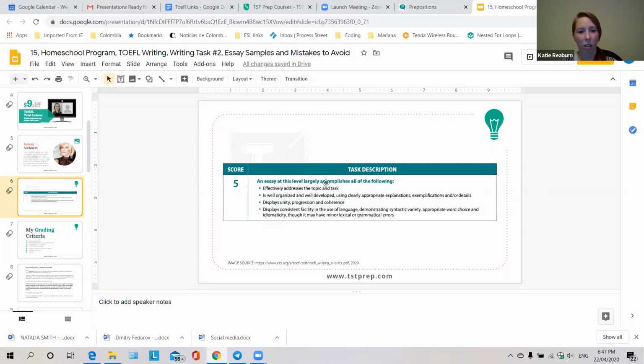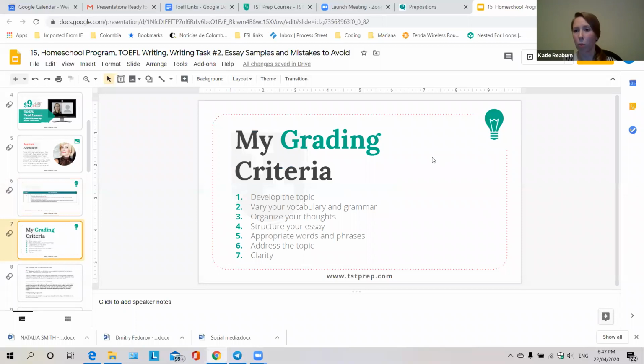So instead of trying to look through this, it's a good idea to have something a bit more easy to work through. Our grading criteria, this is numbered. Every option, every part of this is easy to understand, easy to remember. You know what they mean. So as you're writing, as you're editing your writing, as you're checking your writing later, you can be sure that you are doing all of these things.